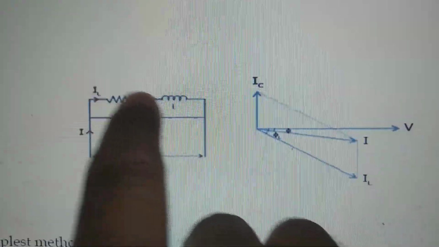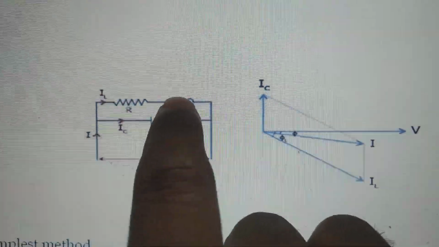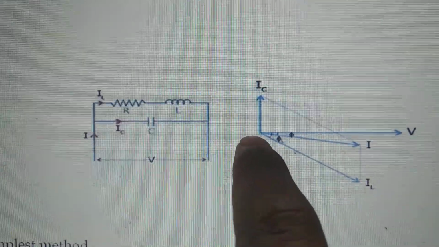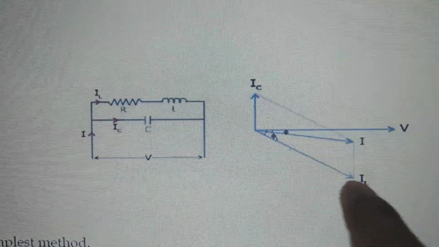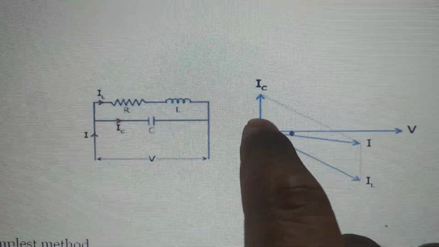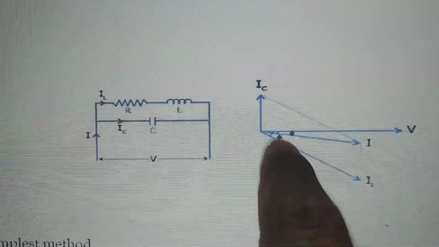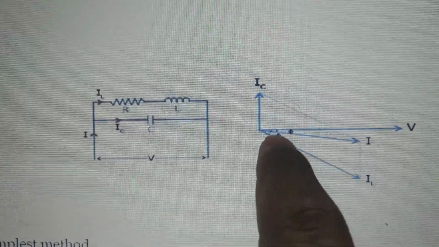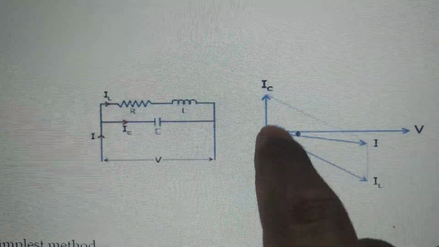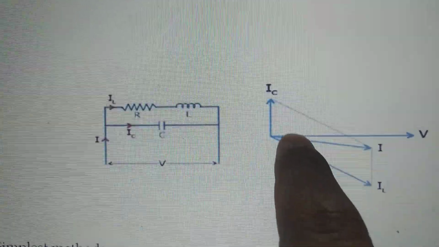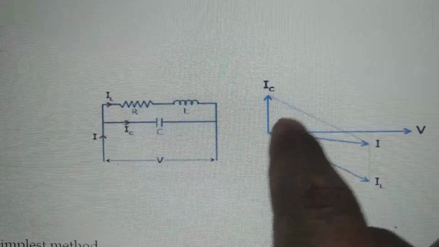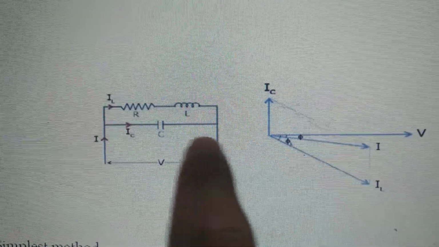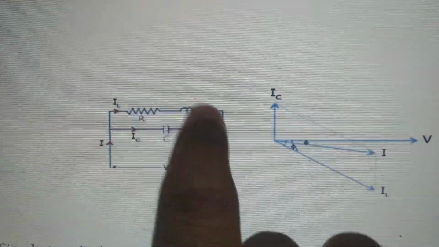When there is no capacitor connected in parallel to the RL load, the current lags, giving a larger angle between voltage and current. When you take the cosine of this angle, the value is reduced. This means the power factor is reduced when there is no capacitor connected across the system.